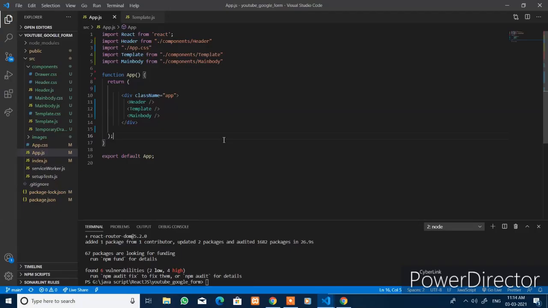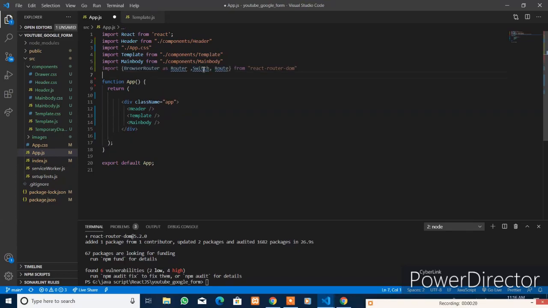Inside the app.js file, I am importing something from the React Router DOM package, which is part of the React ecosystem, which in the end allows us to render different content for different URLs we are visiting. Import BrowserRouter, Switch and Route from React Router DOM.